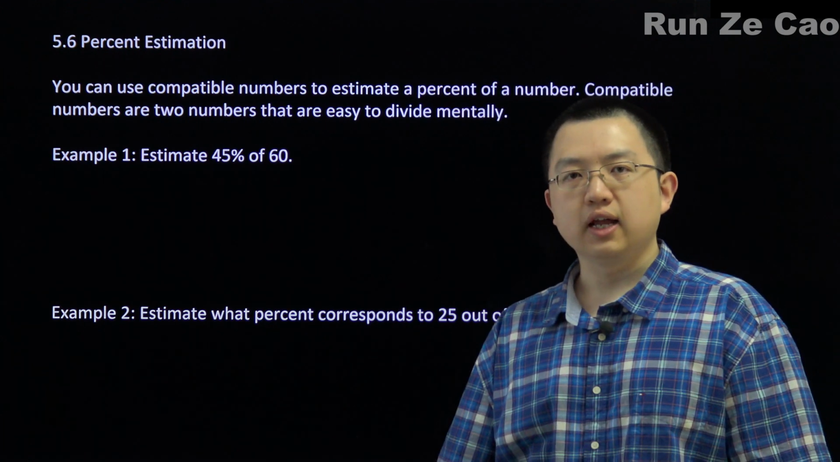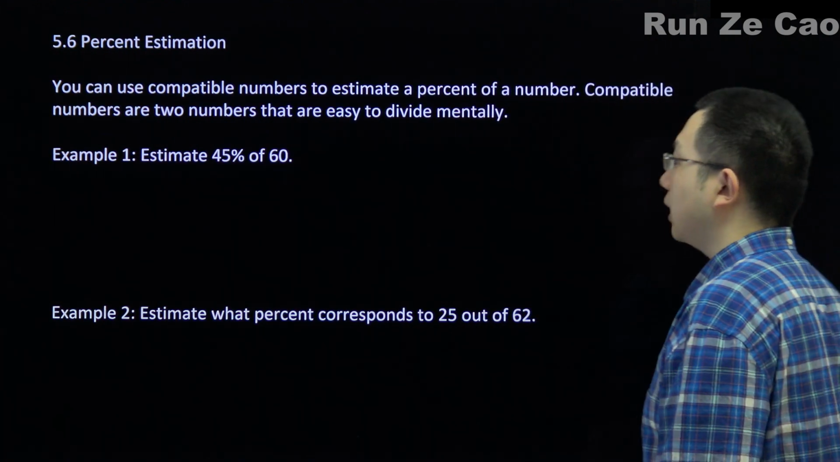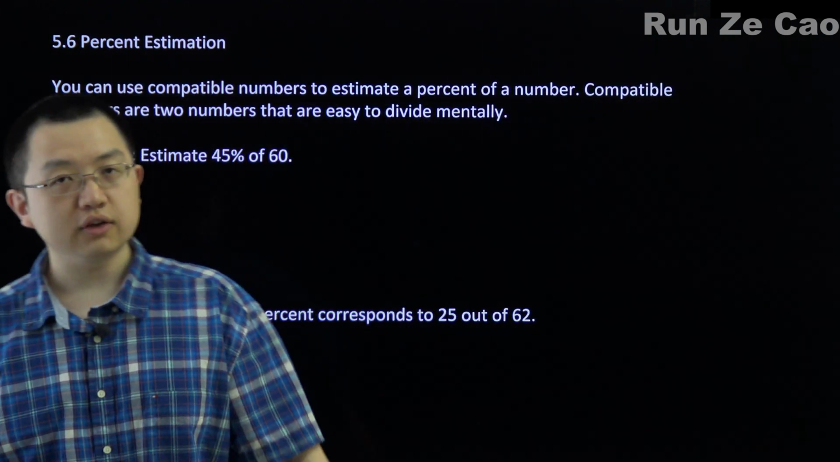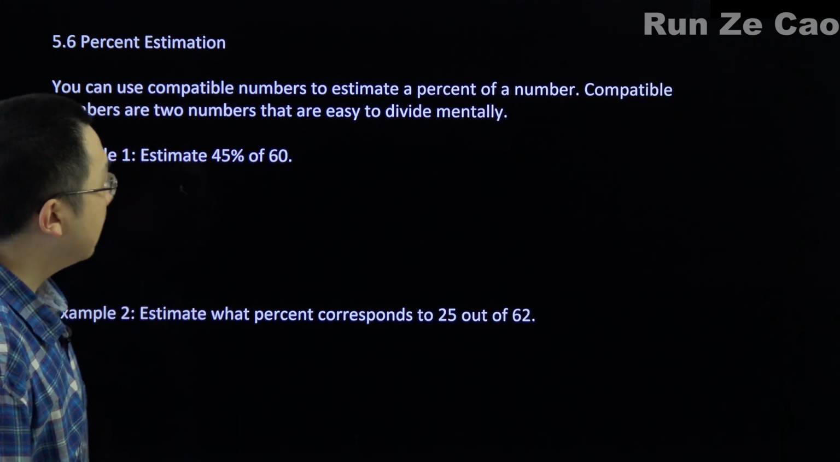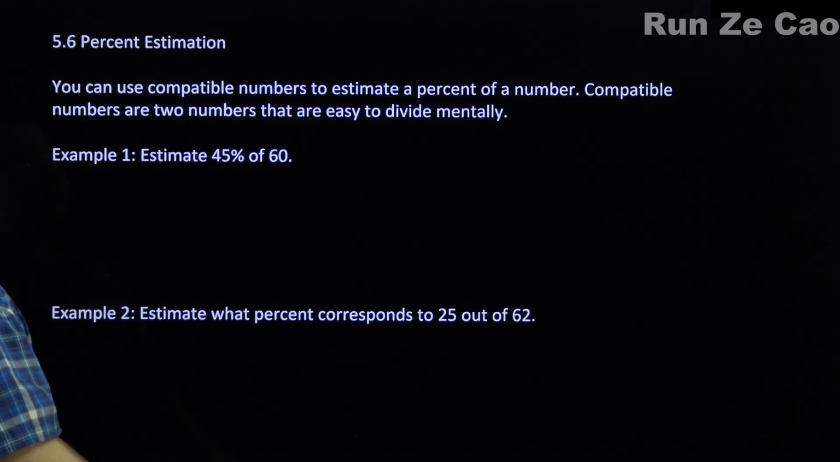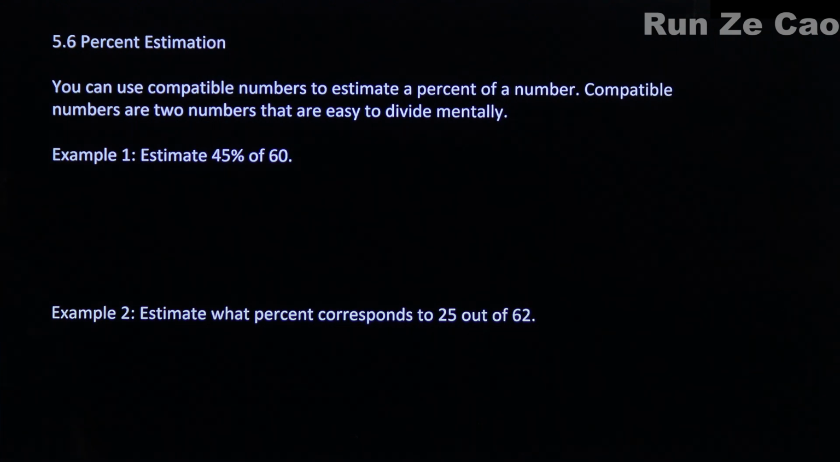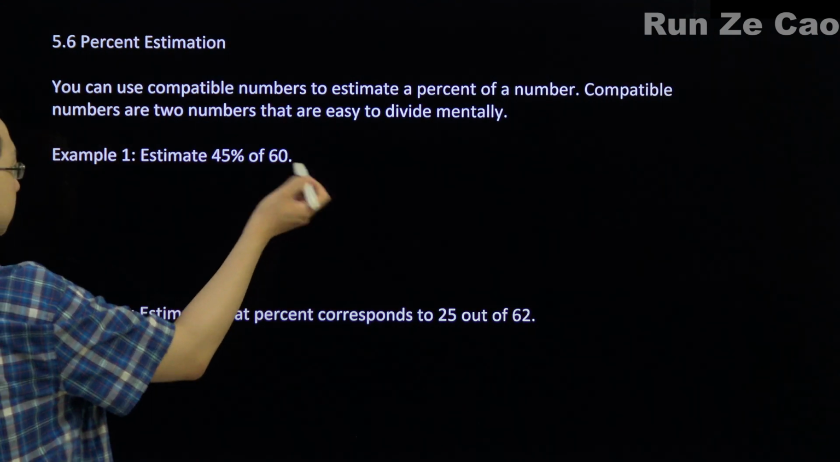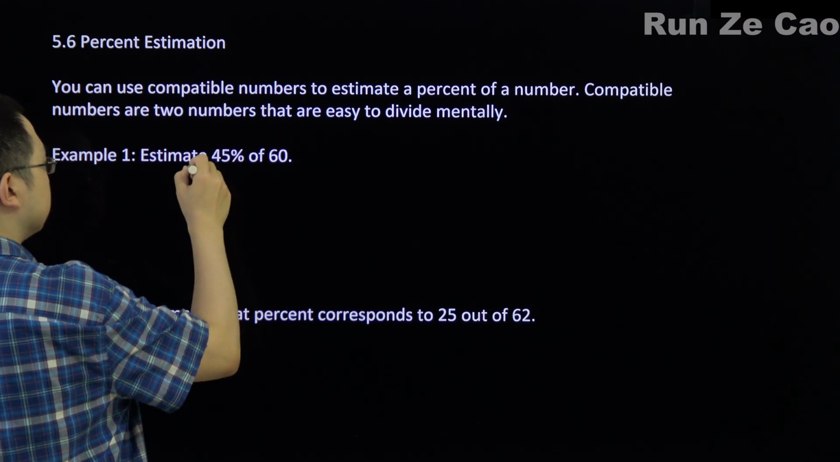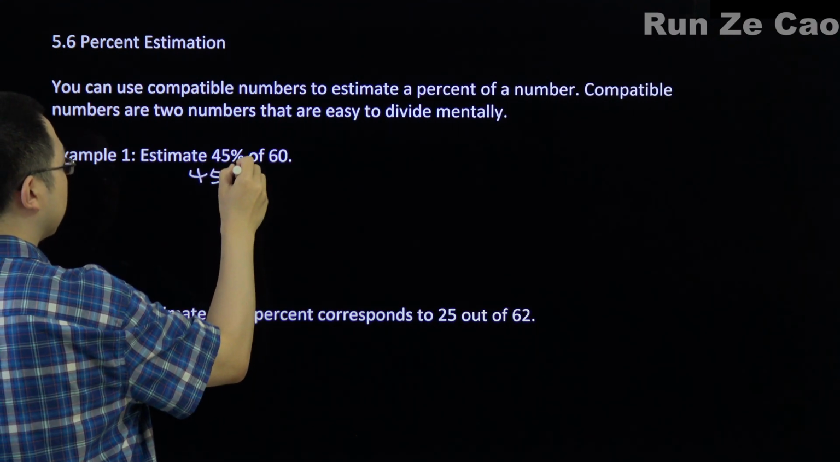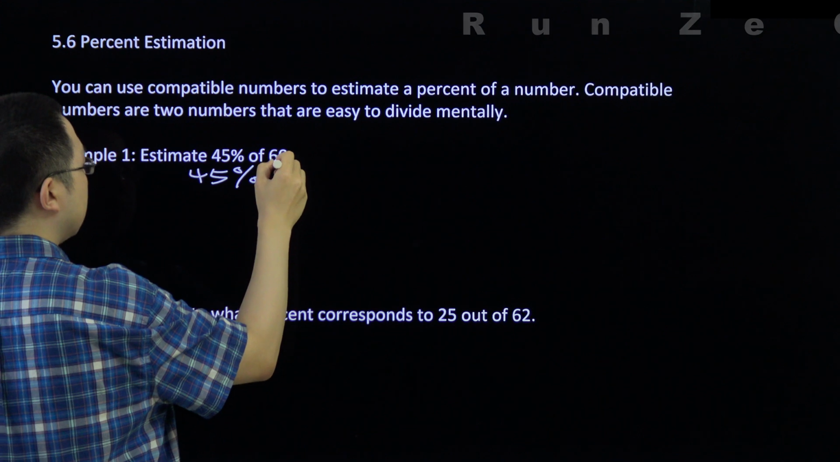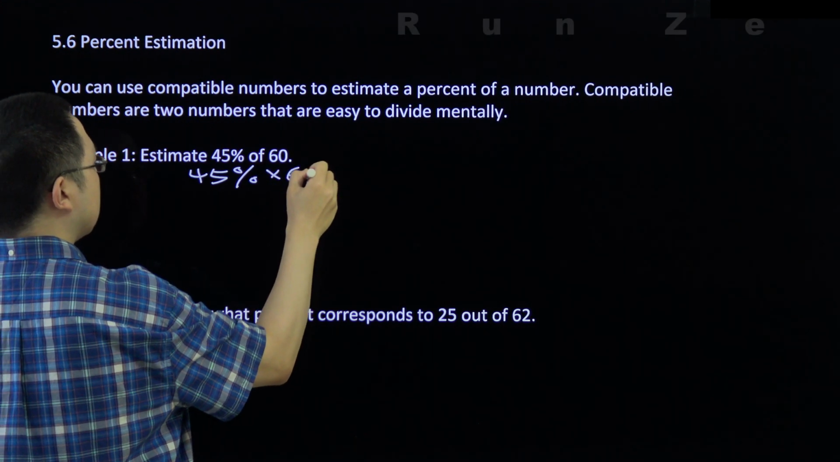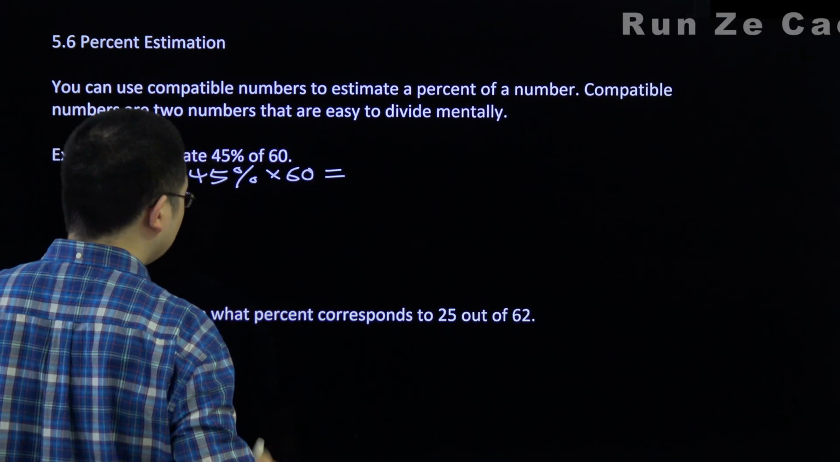Percent estimation. You can use compatible numbers, in other words, numbers that are easy to multiply or divide mentally, to estimate a percent of a number. So let's say we estimate 45% of 60. Well, 45% times 60 is equal to,